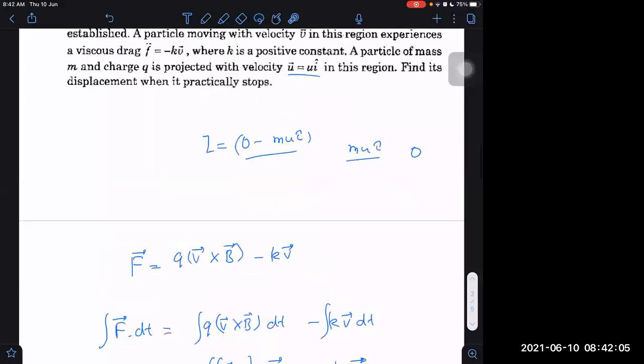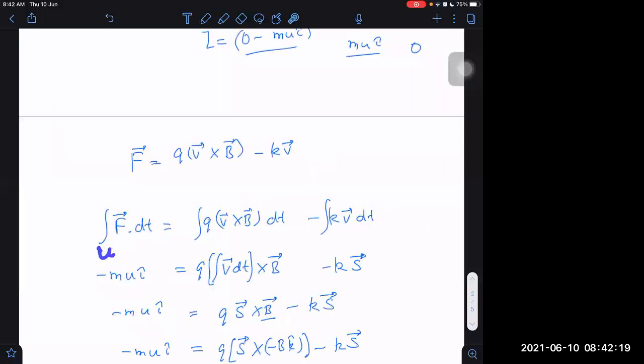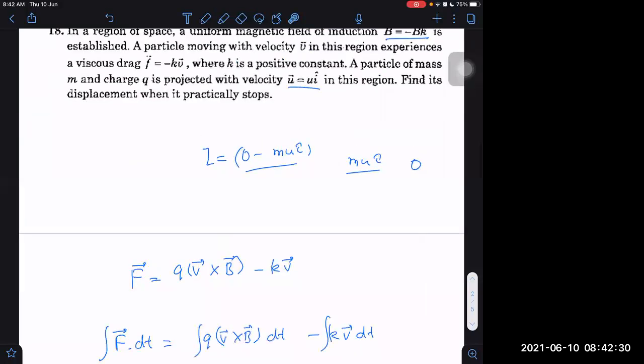But if I don't give you the final velocity as 0, and I ask you the displacement up to the instant when velocity becomes half of this, then what do you need to do here? You have to write U by 2, right or not? The direction will be different. That will be a difficulty there. We can't decide so easily.